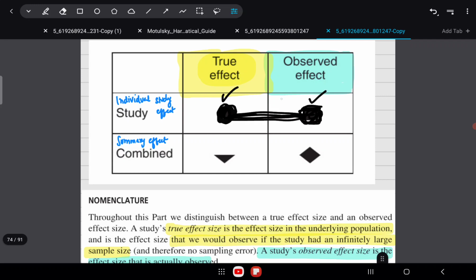And why the true effect is not the same as the observed effect is because of sampling error, right? Similarly, when you have true effects for all the studies, you will combine all the observed effects of individual studies and you will get a combined summary effect, a combined observed effect from all the studies. And there is also, hypothetically, a combined true effect of all the studies as well,